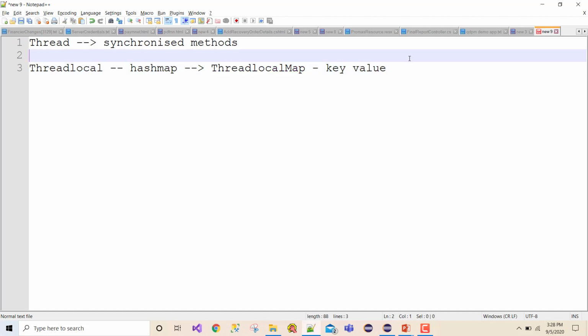And I did use the words set or get data, right? So when we create a thread local class object, we have a couple of methods: the set method for setting a thread local value, and the get method for getting the thread local value, and there is one more method called remove for the thread local value.